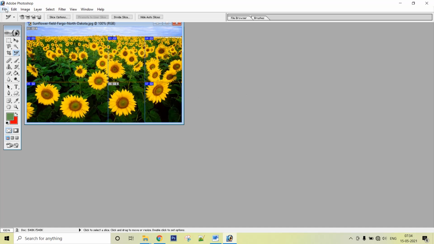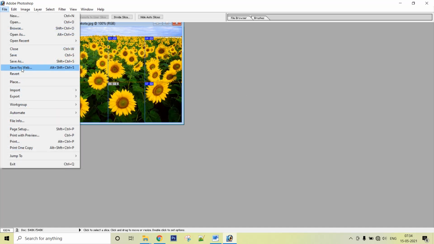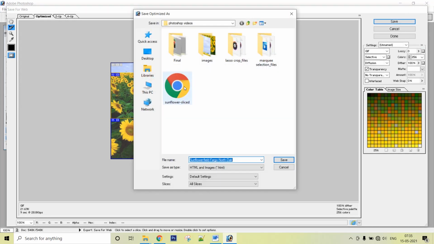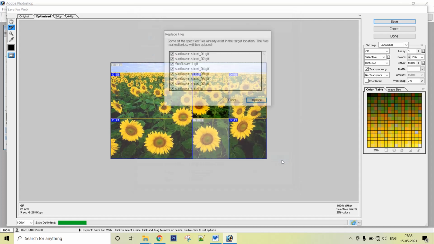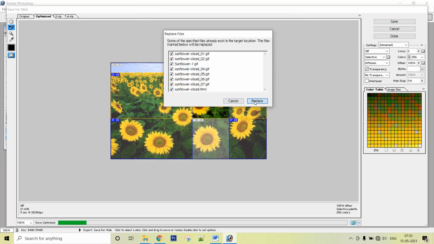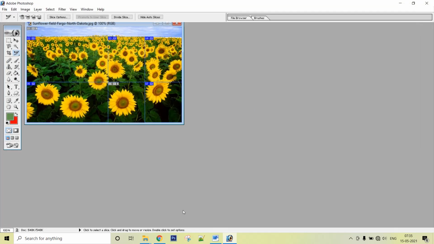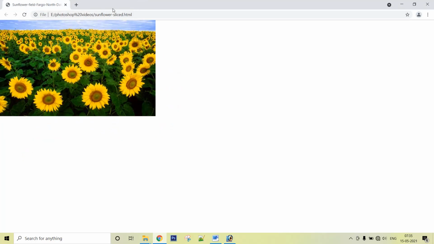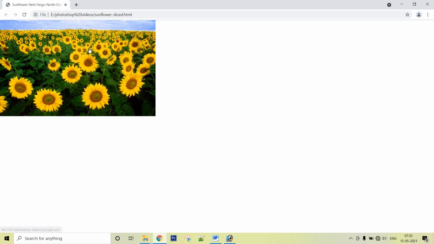Right now again I save it for web and save like this, sunflower sliced, replace, and when I go to the browser and refresh the file, I can see that with this slice that I have linked the URL, I am getting this.